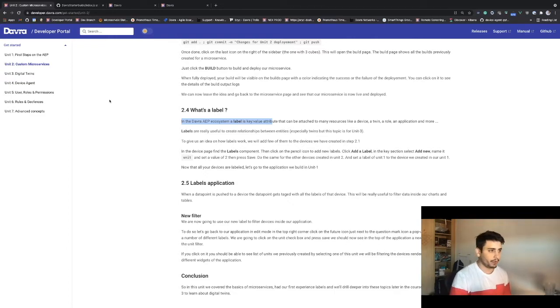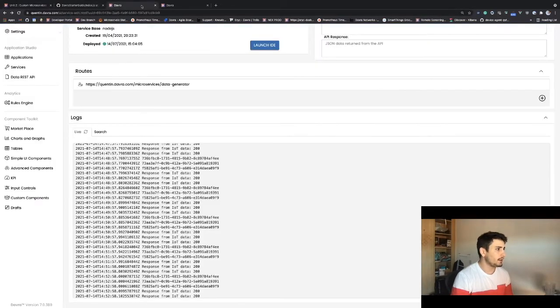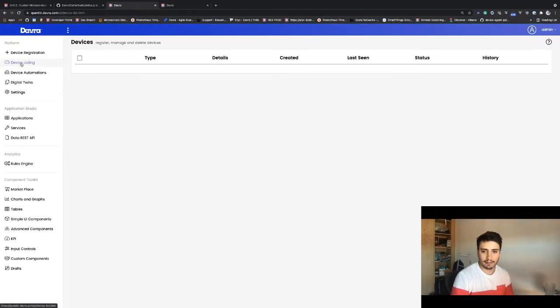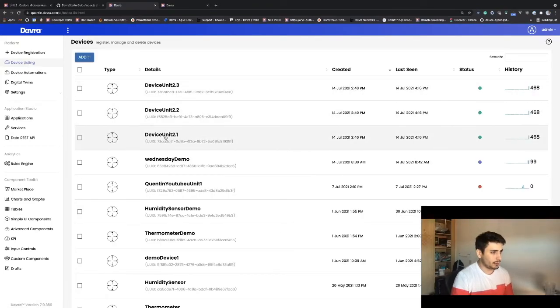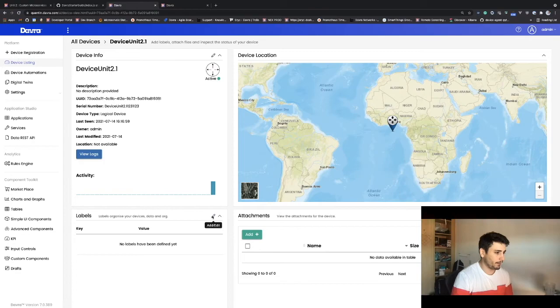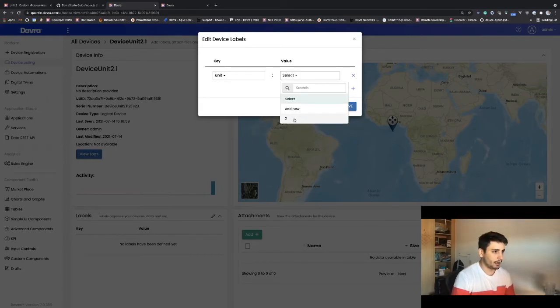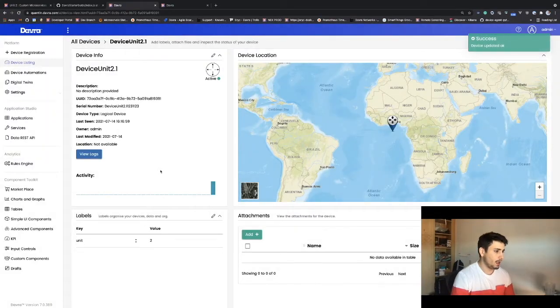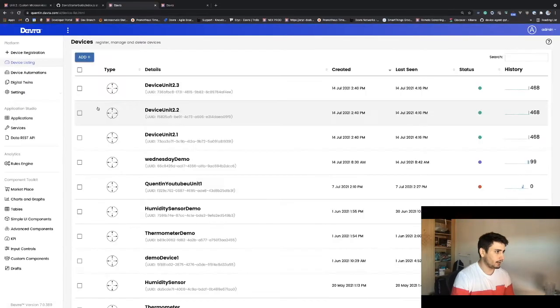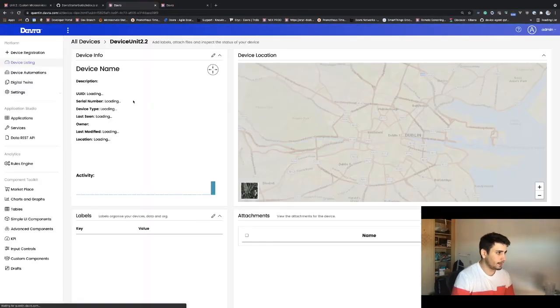But before that, just to experiment today, inside our device listing we're going to pick our unit 2 devices and add a label on them. We can create a new label here, but I already pre-created this label: unit, and here the value unit 2. So you can add a new value, and it's going to be unit 2. Okay, so that device here, then we're going to go to that device,